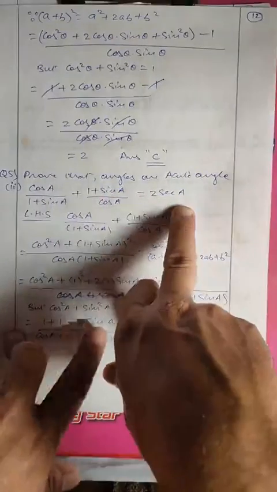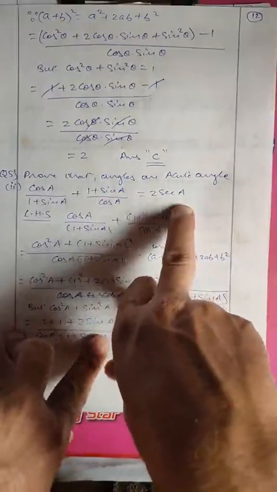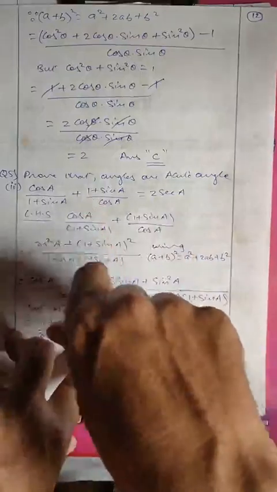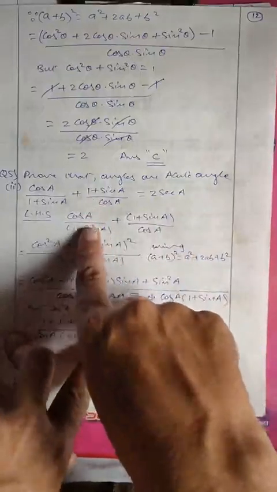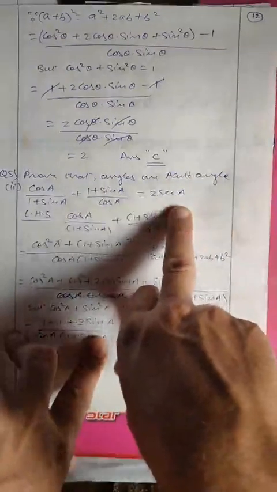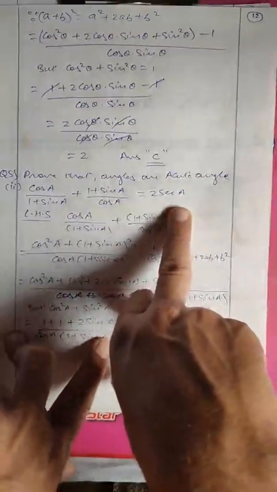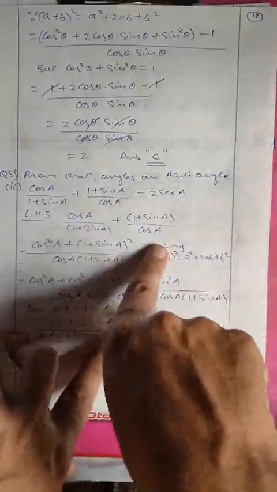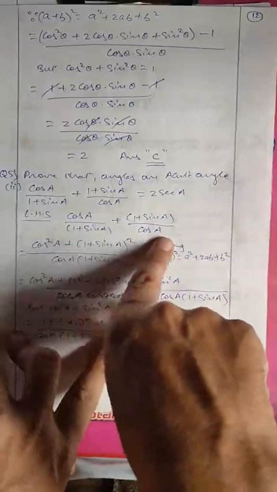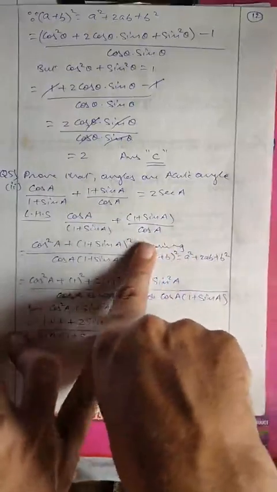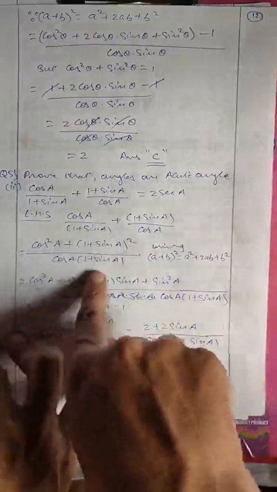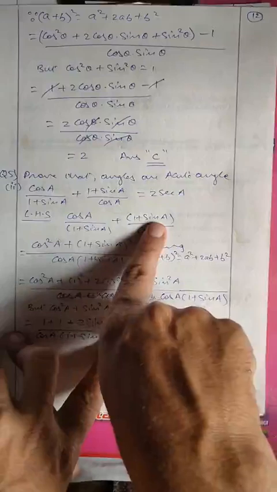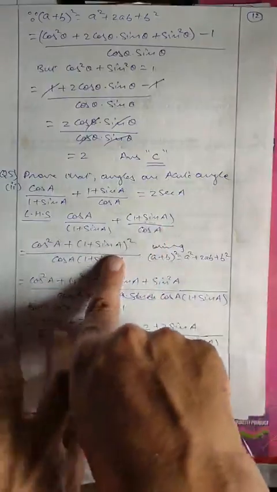So we cannot solve it further because sec A we can write 2 upon cos A. But how can we solve cos A? So it is always required that the term which is already simplified, do not solve it. The term which is not simplified, we need to solve it. So here I have taken cos A upon 1 plus sin A plus 1 plus sin A upon cos A. So I need to cross multiply it so as to take the common denominator. So the denominator becomes cos A into bracket 1 plus sin A. So cos A into cos A, cos square A plus 1 plus sin A into 1 plus sin A, 1 plus sin square A.